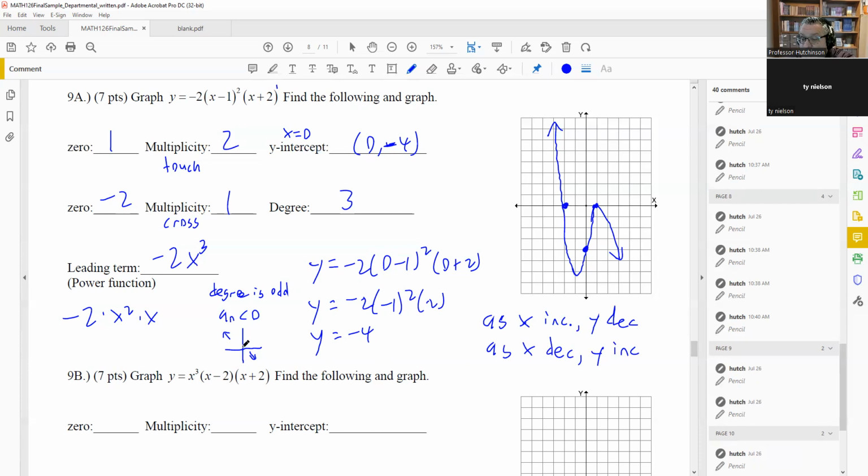As x decreases, so as you're going to the left, that's where x decreases, y increases. But then we also have this: as y increases, or I'm sorry, as x increases. So as you're going to the right, x is increasing, the y is going down. So that's just the one that you're going to pick. So when you do these, that is the extra thing that I didn't talk about yesterday,